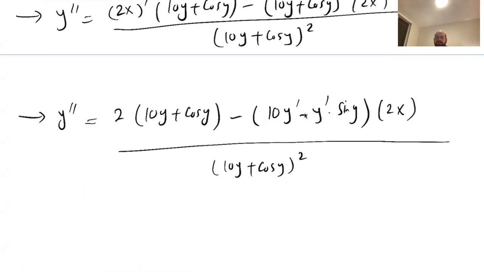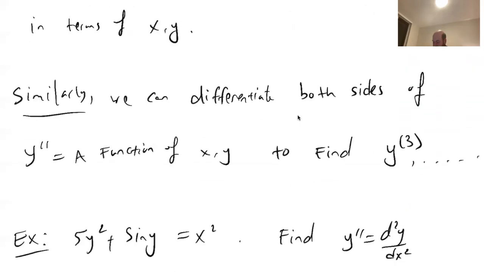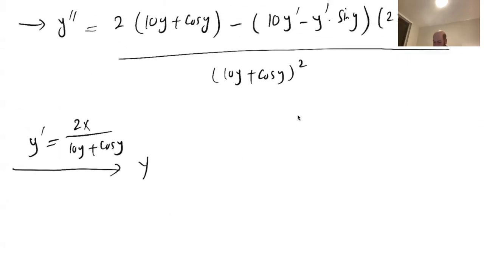Because the question asks us to find y double prime as a function of x and y. Right now we found y double prime as a function of x, y, and y prime. So we have to get rid of y prime, and we already know how. We just substitute the expression we have for y prime back here, and then we'll be done. So y prime is, what is it? We said 2x over 10y plus cos y. So then y double prime will be equal to